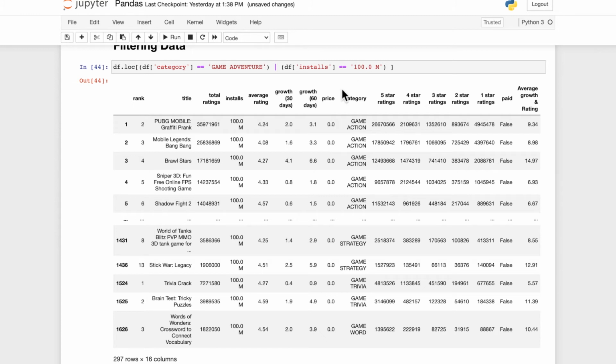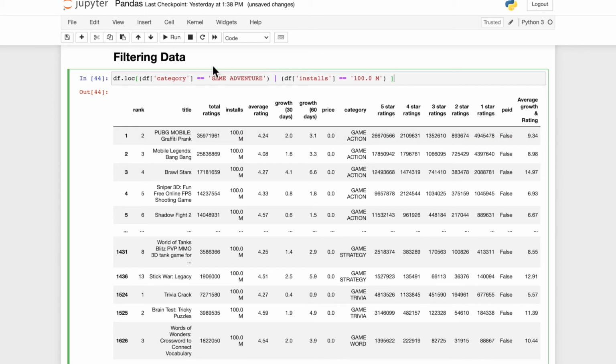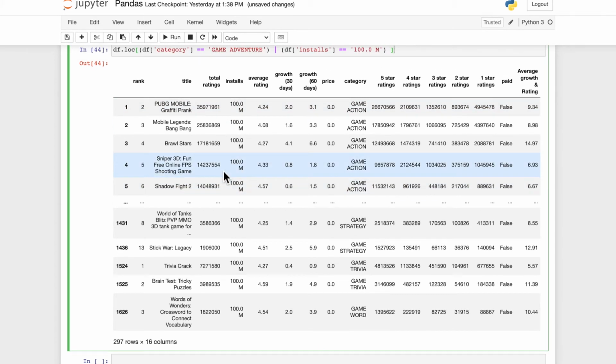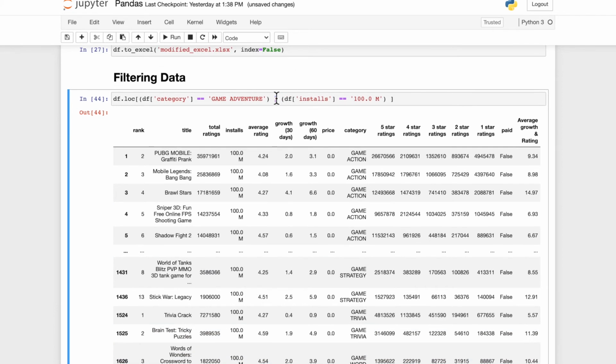Alright guys, the next thing we are going to discuss is a little more advanced way of filtering. So here you can see I have 297 games totally, just by adding this OR. Now you can even put greater than and less than symbols here. So let me put an example, and df. Here let me put it in parentheses, df and specify the